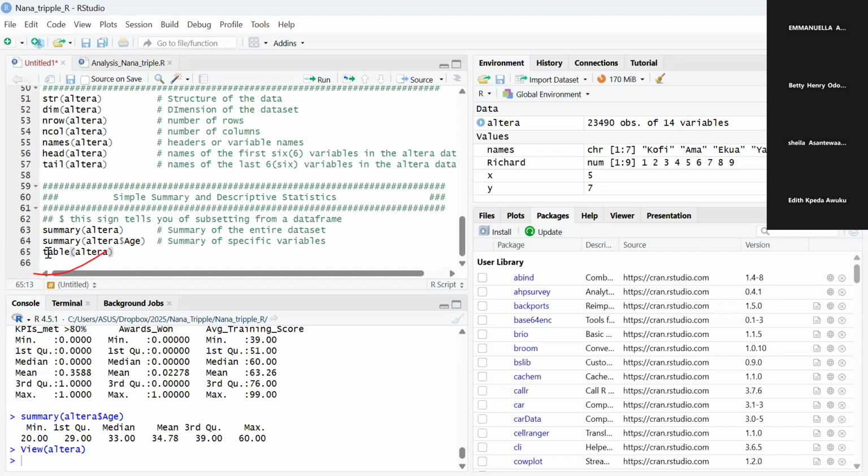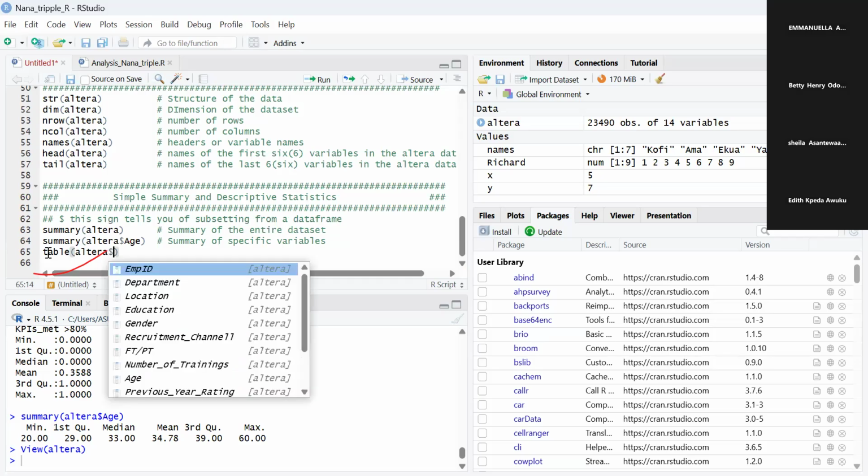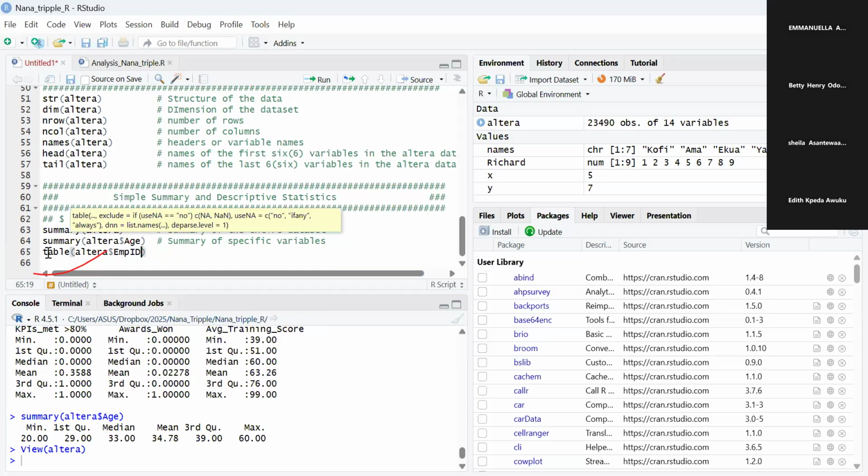So Terra, let's table. I want a table. I'm telling Neil, I want a table. But the table, go to the data set called Altera. I want the employee listing. But I want you to subset it such that in the same Altera, give me people whose age,